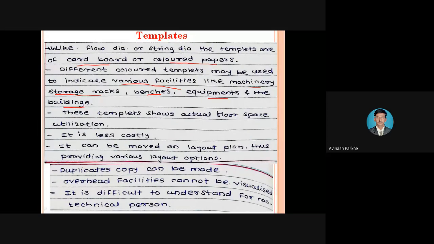Now, if I have to indicate the CNC machine, at that time, that CNC machine can be indicated by using the black color sheets only. If I have to indicate all the types of drilling machines, they can be indicated by using the yellow paper only. So these are the standard templates, standard color papers that are used in order to indicate various facilities which are present in that particular organization.